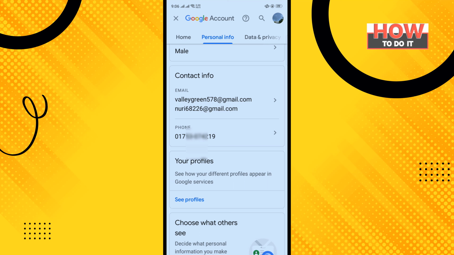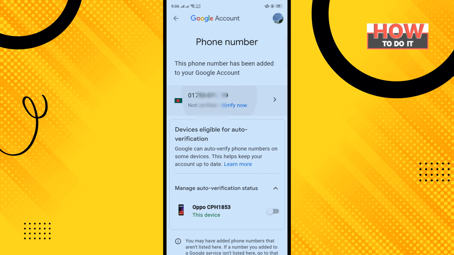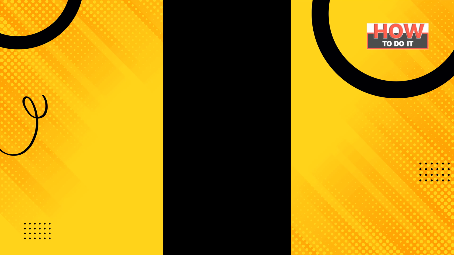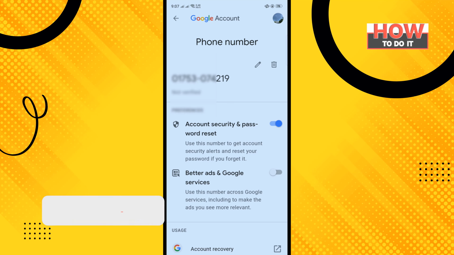Tap on personal information, scroll down, and here you'll find your phone, so tap on that and tap on your phone number, and here you'll find this delete icon, so tap on that and enter here your Gmail account password and tap on next, and again tap on this delete icon, tap on remove number,